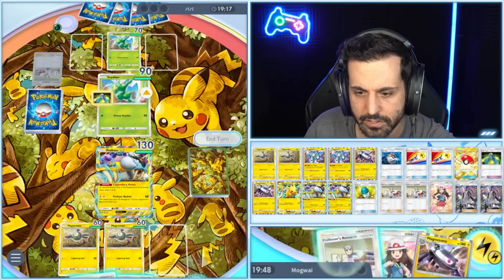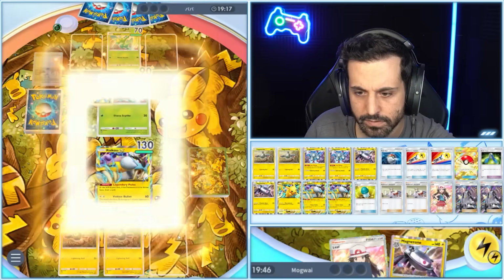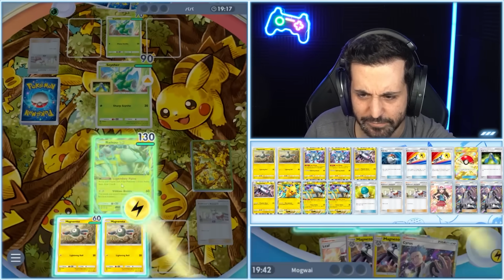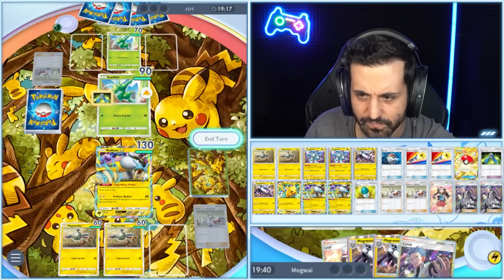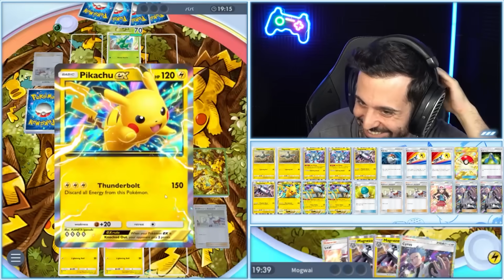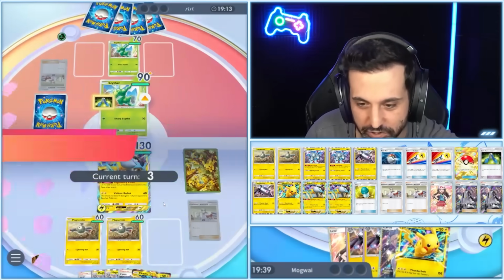Did I just forget to wait? No, it's my first turn. Okay. For a moment, I was like, did I forget to actually place an energy on him? But this is my second turn. Okay, we find Pikachu,